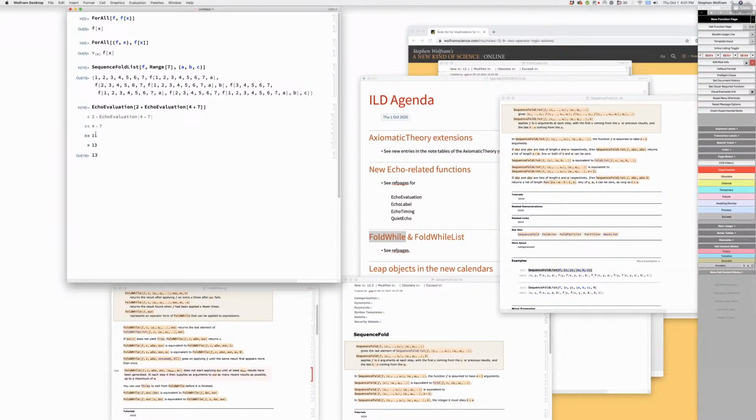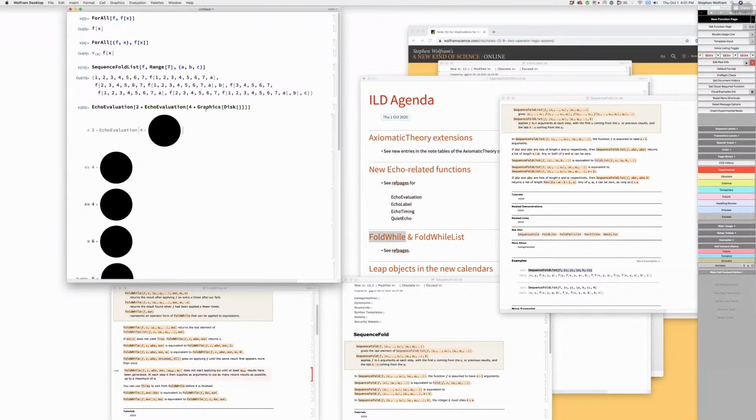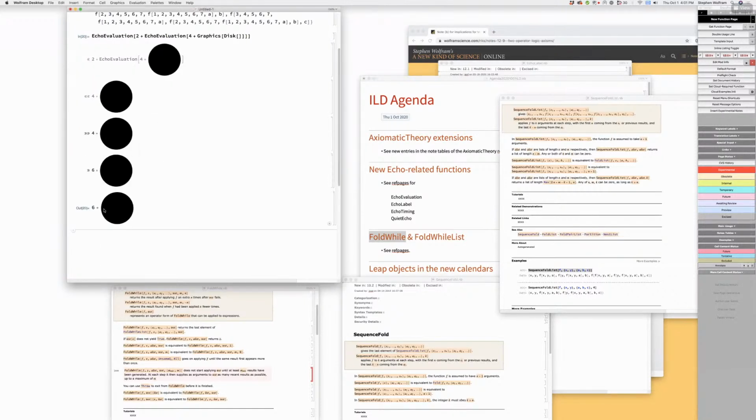Right. What is that input form that it's showing in the tooltip? We probably want to make sure it's standard form in the tooltip. Should be standard form. Okay. Oh yeah, looks fine.